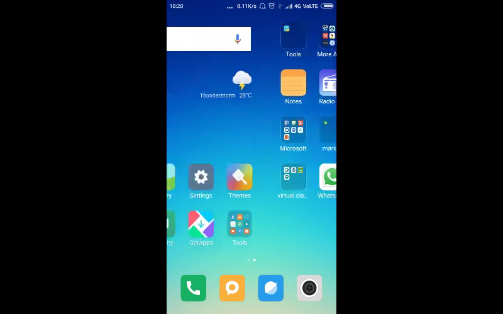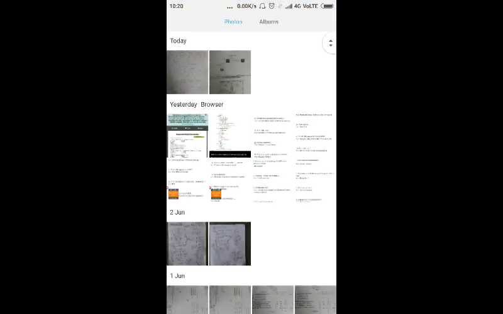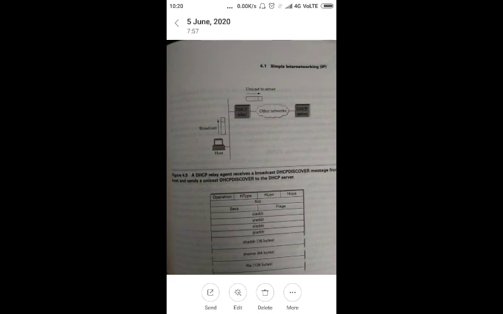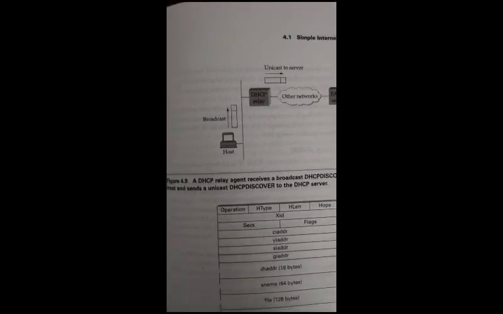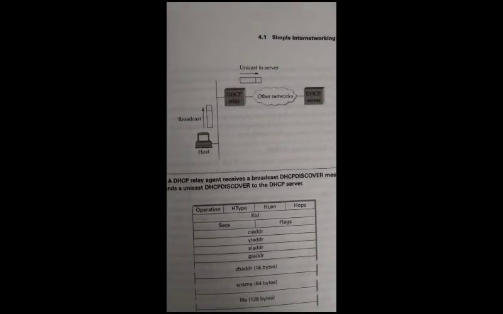Okay, so I just want to show you that particular diagram. So just see this diagram here. You have one particular relay agent here. Now what happens is, this is the Ethernet here. In the Ethernet there is one particular host which is sending the DHCP discover message, and it is broadcasted here. All the nodes which are present in this particular network are going to receive this, and along with that the relay agent is also going to receive it. So the relay agent is going to work on behalf of this particular DHCP server. Now what is the relay agent going to do?